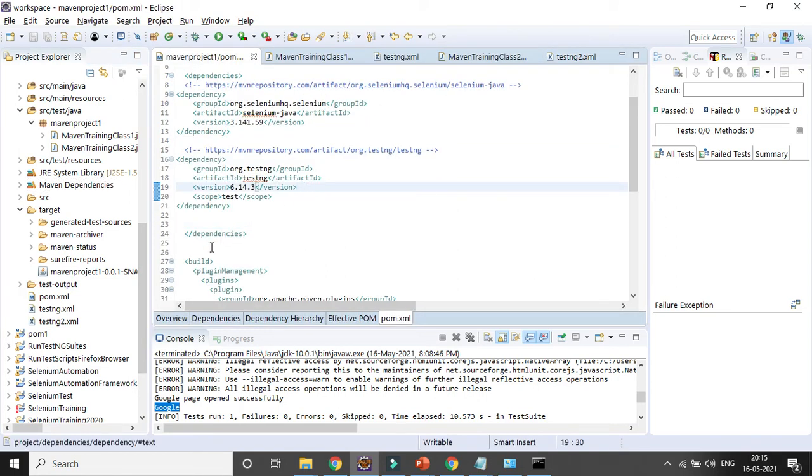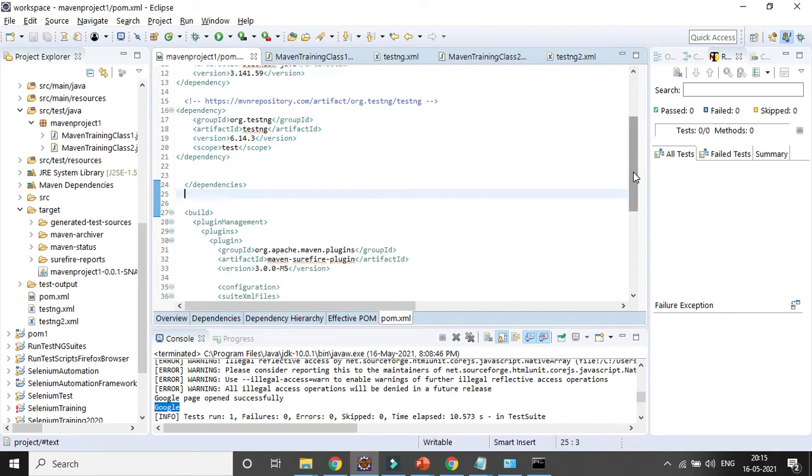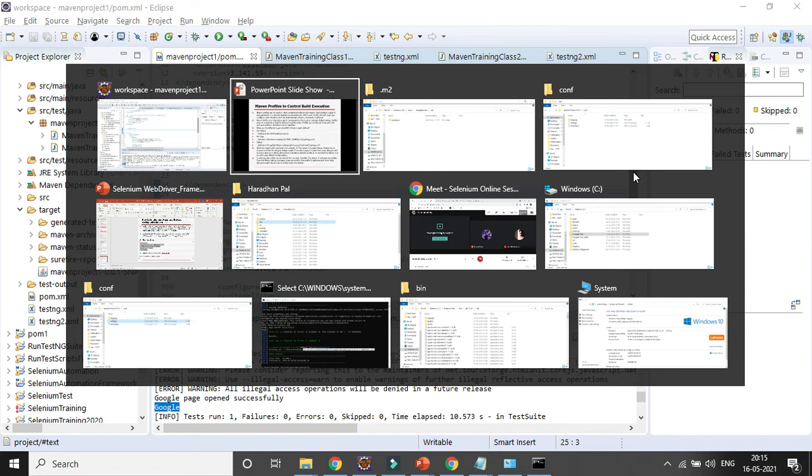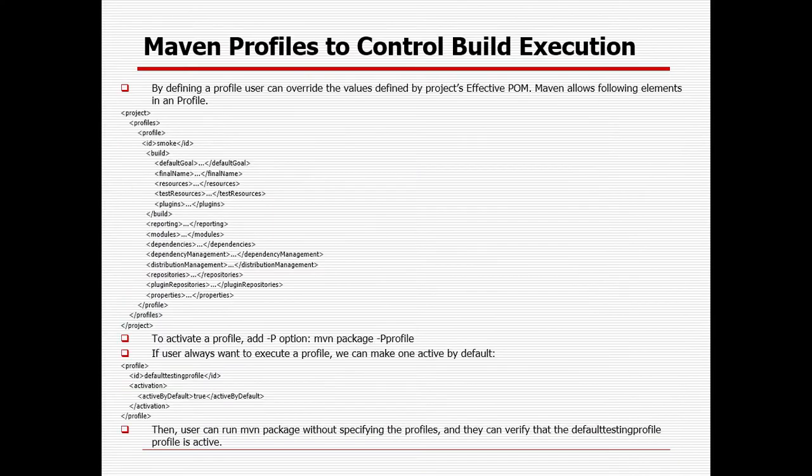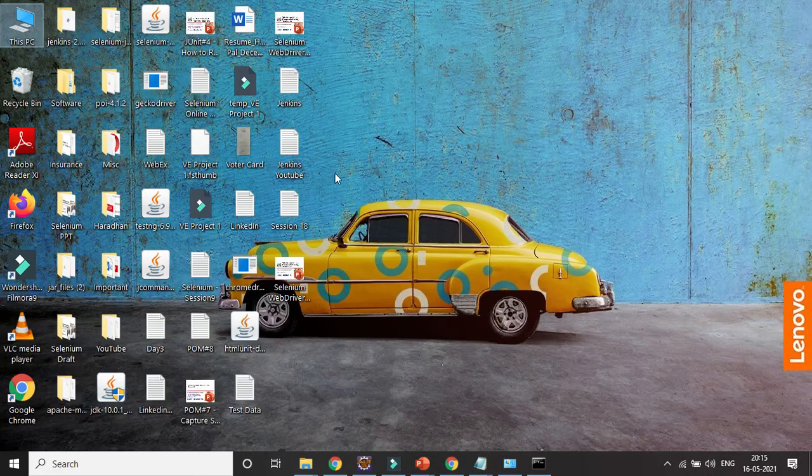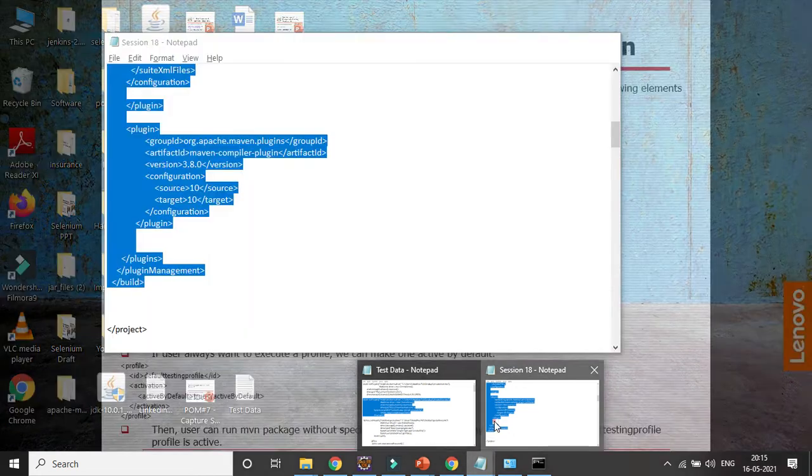So before the build tag, right, you need to create the profiles. If you go here, you can see that's where I can create the profiles. Okay, so let's use the sample program I already created for the profiles.